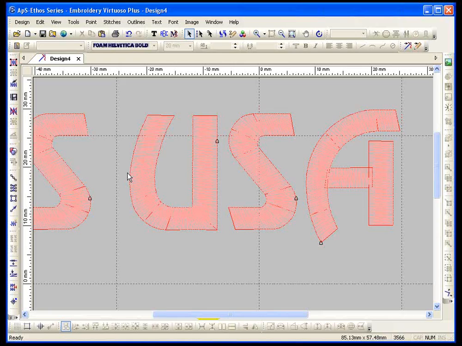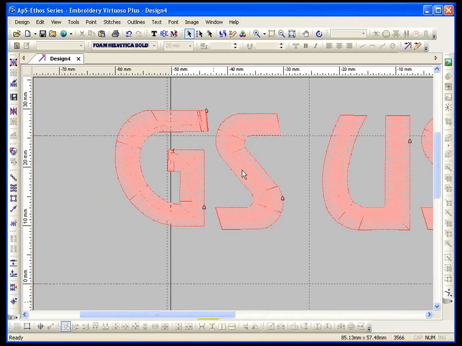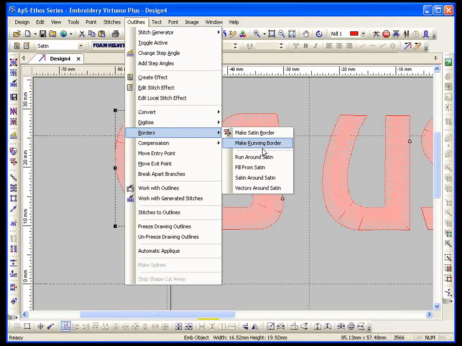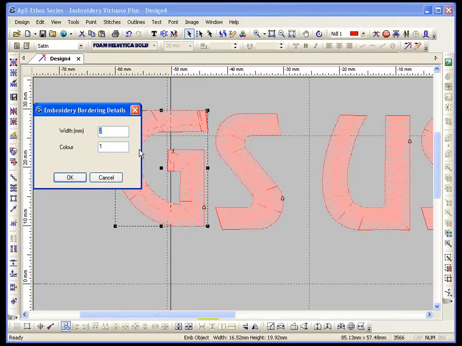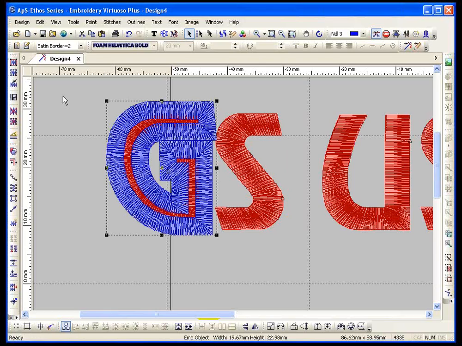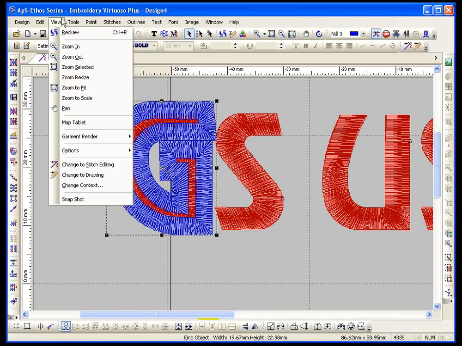Now, I can still use the same tools. So, for example, I can come over here, grab my G, go to Outlines, Borders, Satin around satin, give it a width, give it a color, and say OK. Now, look at my border. First off, this would never really work as a regular design because see how wide my border is, and it's really covering up my letter. Okay? But that's okay for a foam design because